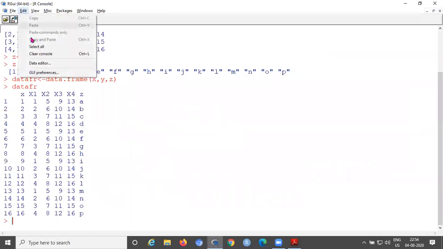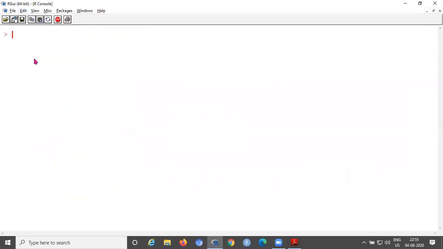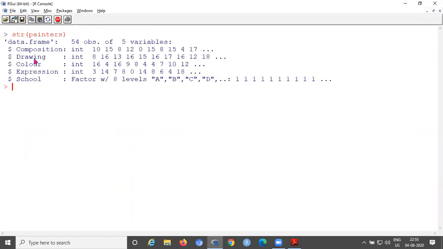Now simply you can call str(painters). See here we did not use library(MASS). The reason is that when we first started our R console window, we already called the library MASS.